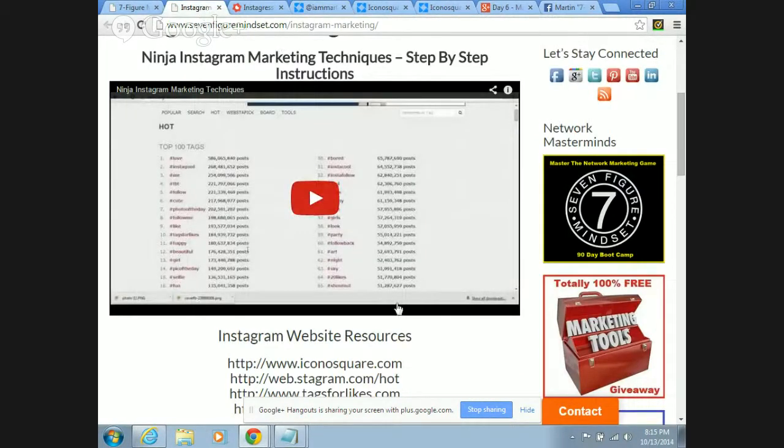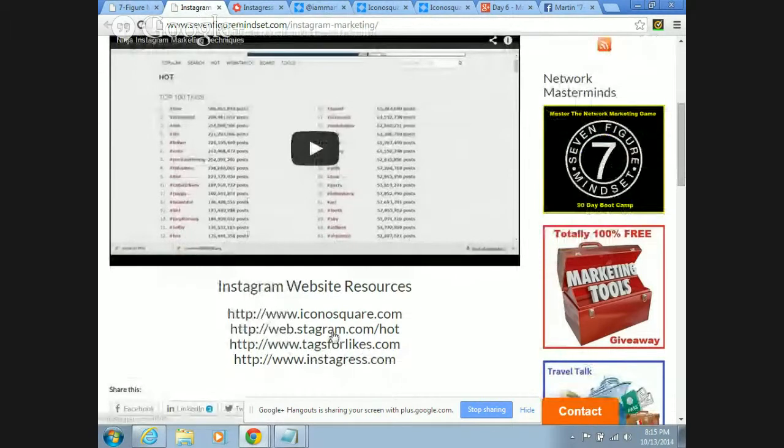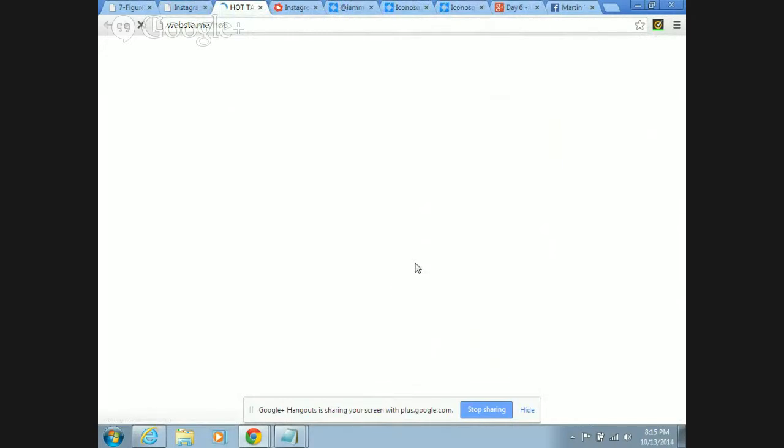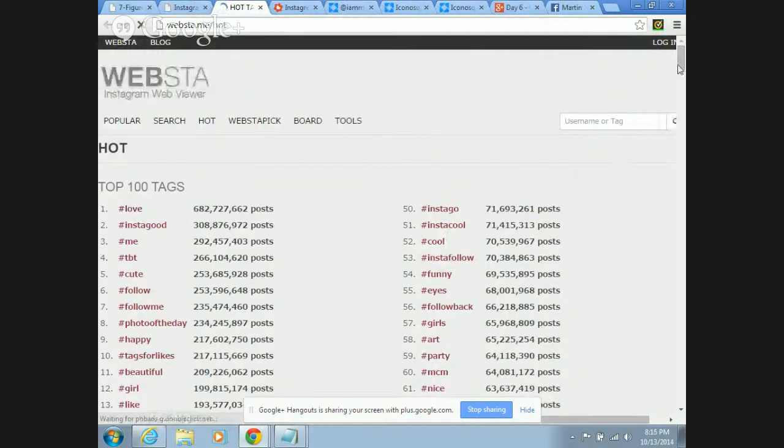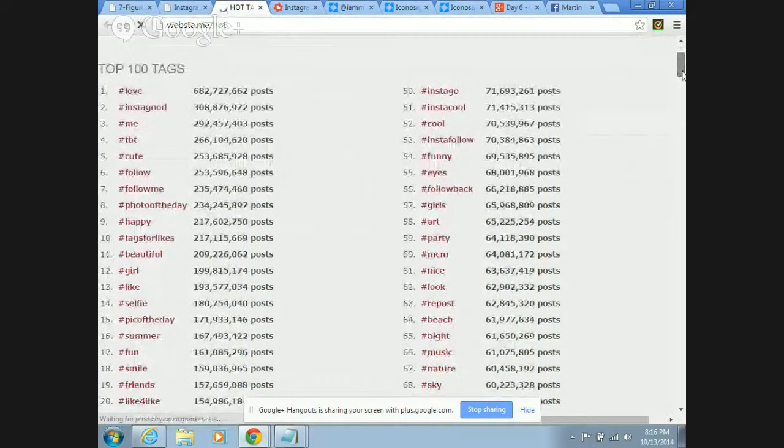Let's look at this particular site that I use a lot, which is called webstagram.com, with a web dot in front of the Stagram. Okay, and you click this link right here, and this is very important information because, as I indicated, Instagram is based off posting pictures and associating your pictures with hashtags.